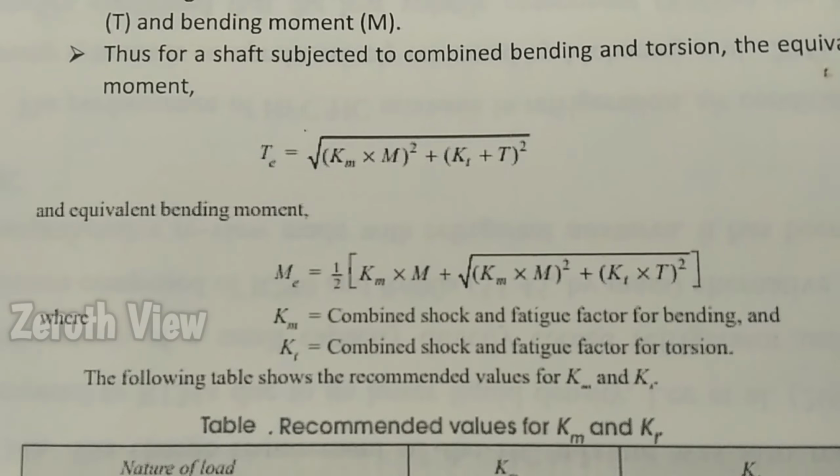So first we know the power, speed, W, tau and sigma b. So what are we going to do? First we need to calculate the solution. What they expect from us is to calculate the size of the shaft. This is what they expect from us, the size of the shaft. First, for the size of the shaft, we need to calculate the diameter of the shaft.